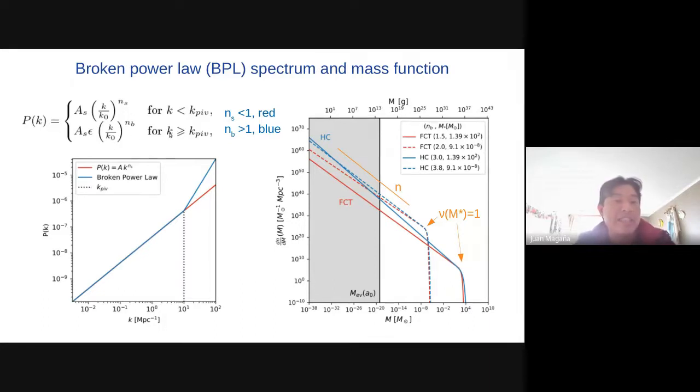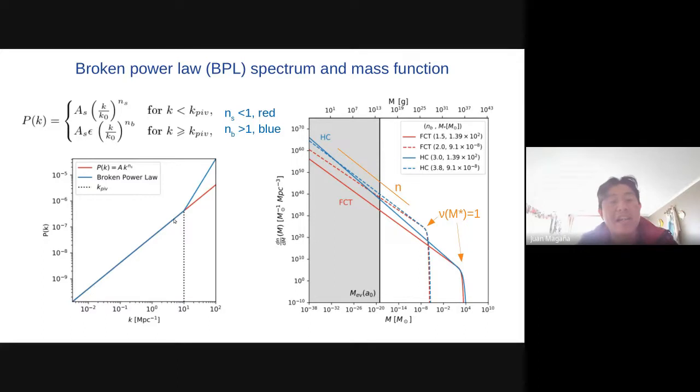That means that this exponent is greater than 1. And here you can observe this primordial power spectrum. In this case, we choose k_piv equal to 10. This is this dotted line here.